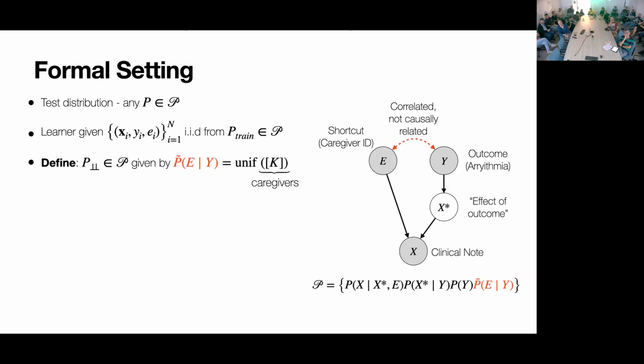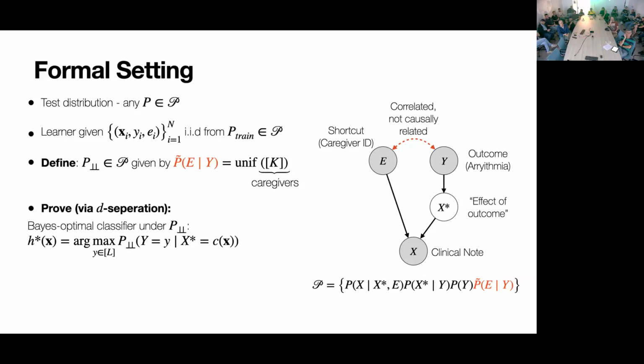So you get to a hospital and just randomly get a caregiver regardless of their specialty. And we can prove through causal tricks that the Bayes optimal classifier under this ideal world